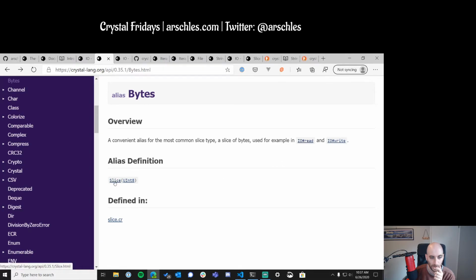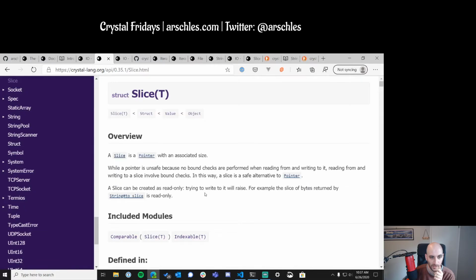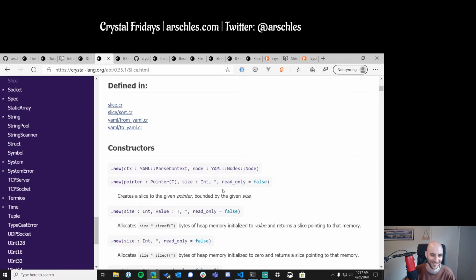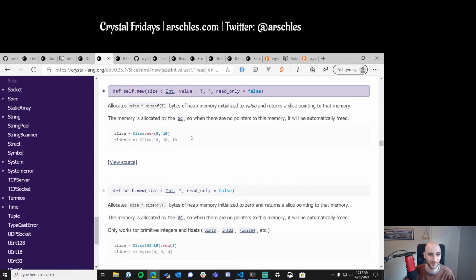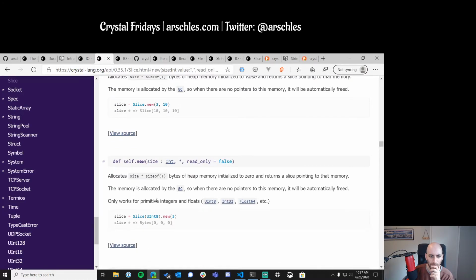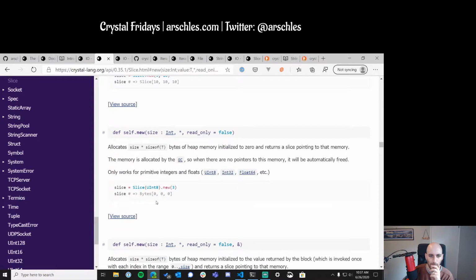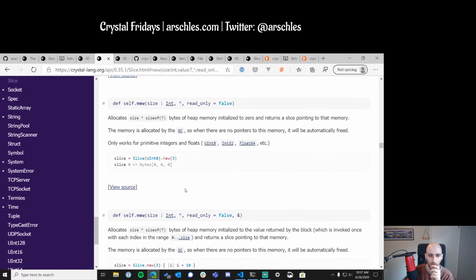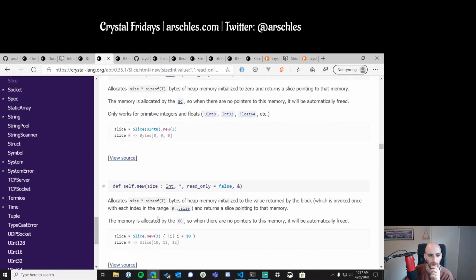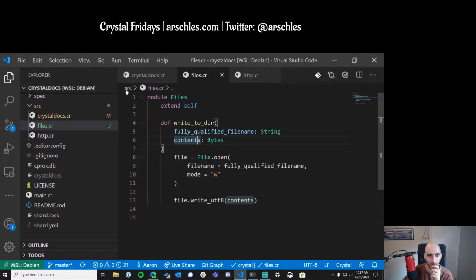Okay. Bytes is nothing but a slice, so we've got to deal with slices. No matter what we do, we've got to deal with slices. Returns a slice size of T. Oh, interesting. Interesting. So we can do... I wonder if we can do this. So